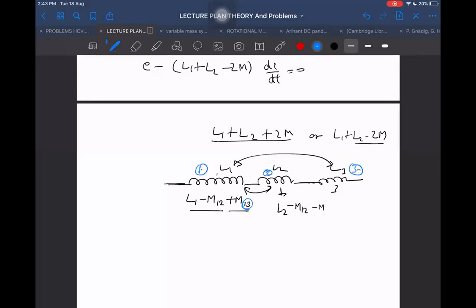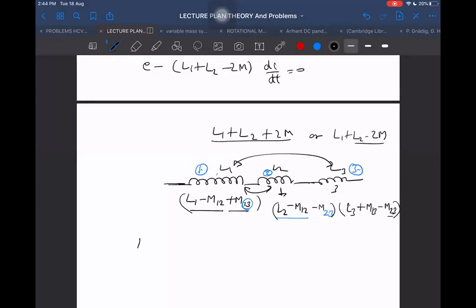Then what do we get here? Then I will be getting 2 and 3 opposing. So L1 plus M13 minus M12. 2 and 3 are opposing, so it fits into minus M23, right? Because 1 and 3 are on the same side only, right? And what about L3? L3 will become L3 plus M13 plus M31 minus M23, minus M32. So you are understanding now what happens.